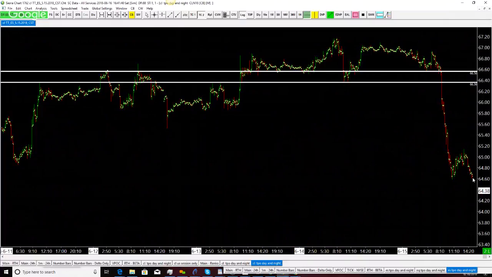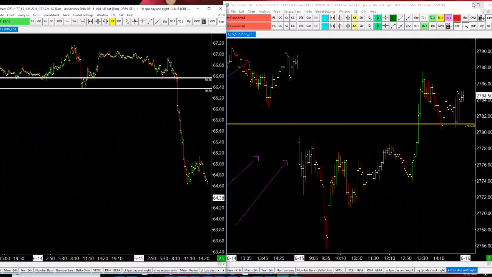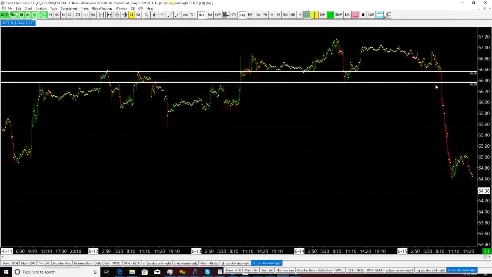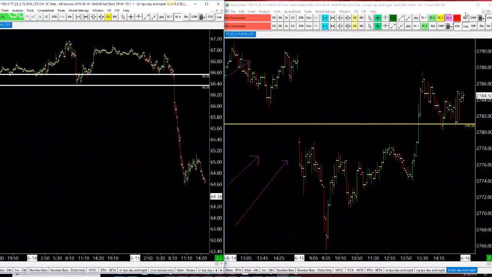Now, let's go contrast that to ES, right? So this is, in most traders' minds, by the way, what they want when they envision a breakdown. That's what most traders want, and it becomes very, very hard to capture that consistently. Okay, so let's transition. Let's go look at ES really quickly. So on ES,